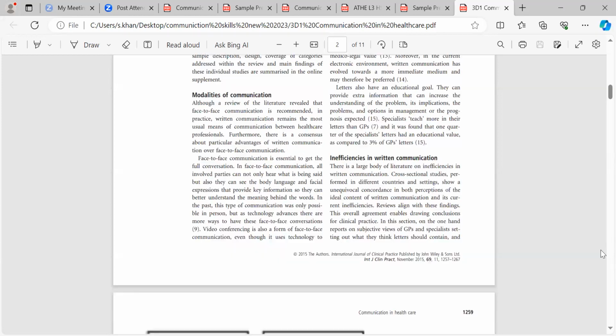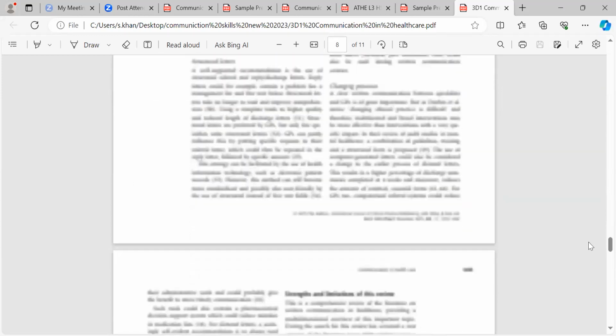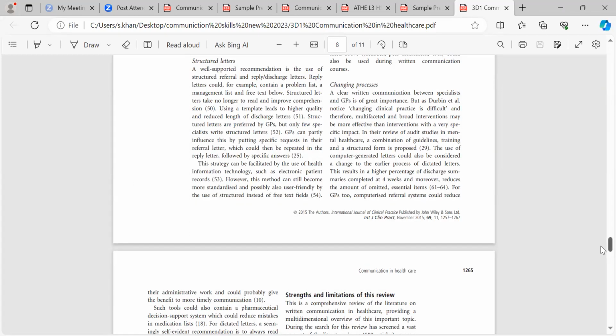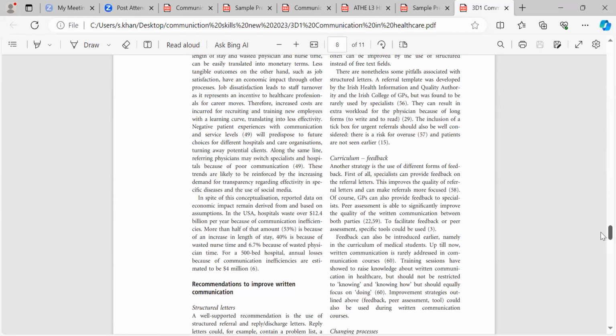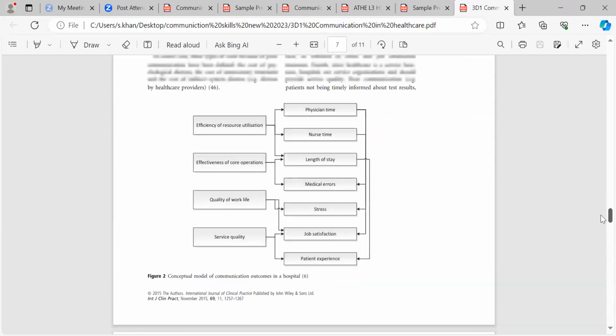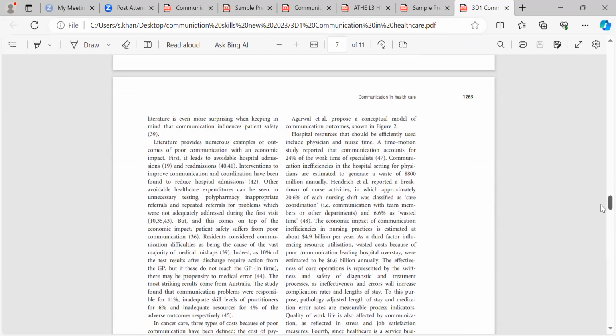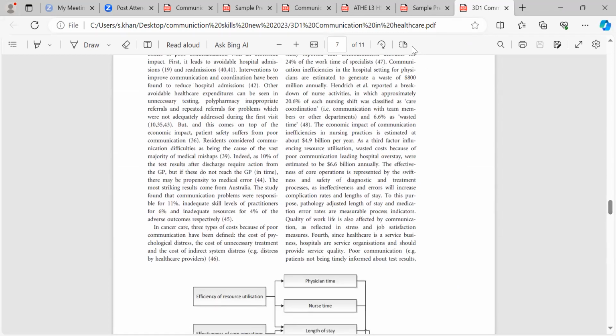It also identifies things like the different types of models, the strengths and limitations of written communication, and recommendations. It looks at medical records and why it's so important to have good communication within the health and social care sector. And going back to the assignment session,